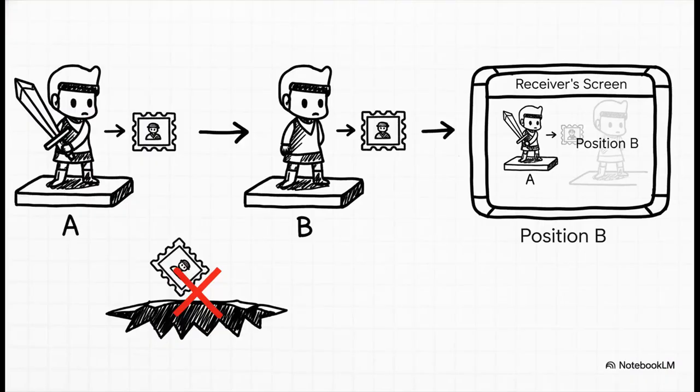Just imagine a fast-paced online game, right? A packet gets sent with a player's new location. Now, what if that packet gets lost? The last thing you want is for TCP to stop the whole game, ask for that old packet again, and then deliver it a second later. By then, it's ancient history. The player has already moved again. In this case, you'd much rather just drop that old packet and get the newest, freshest data.